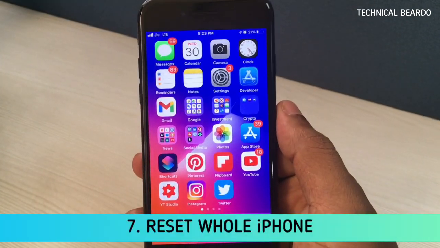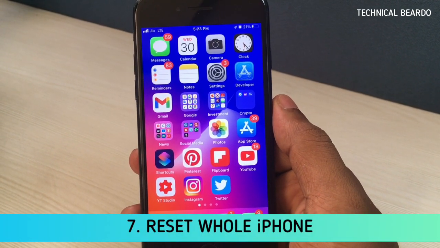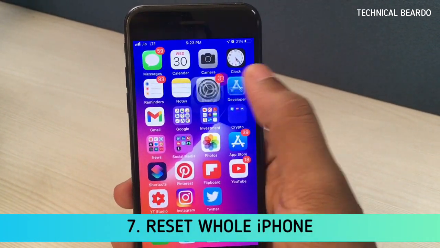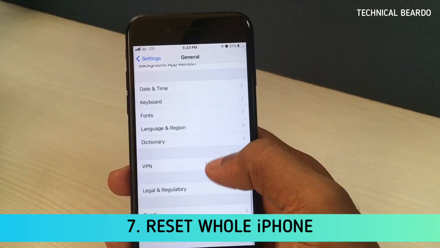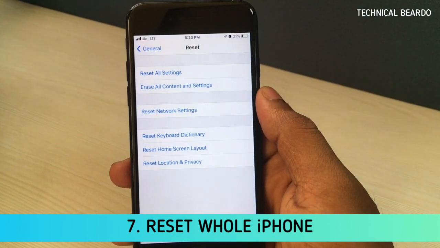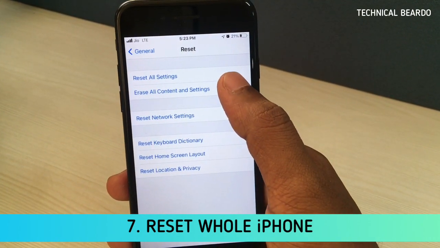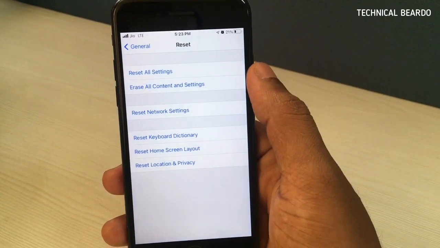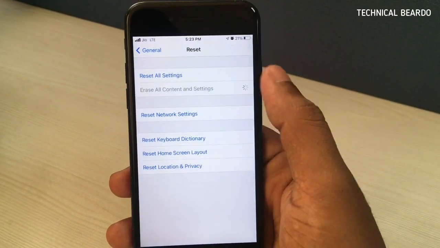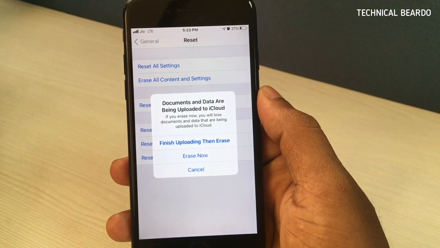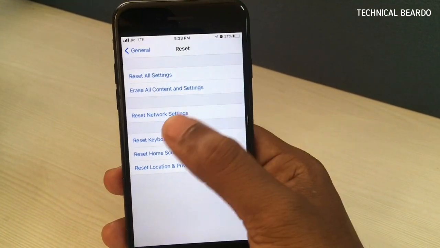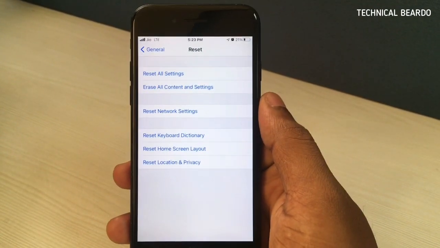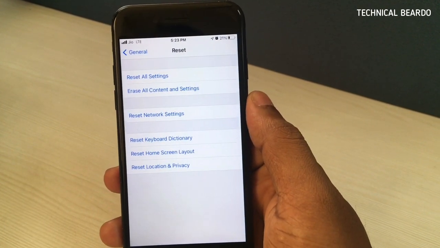So guys, here let's assume that you have tried all the solutions and it did not fix the issue on your device. So now I will request you to wait till the next iOS update. Update your device and then it might fix the issue as well. If you don't want to wait until the next iOS update, then you can try resetting your iPhone. That means it will completely wipe out all the data, all the settings, everything from your device, and you get a completely new iPhone.